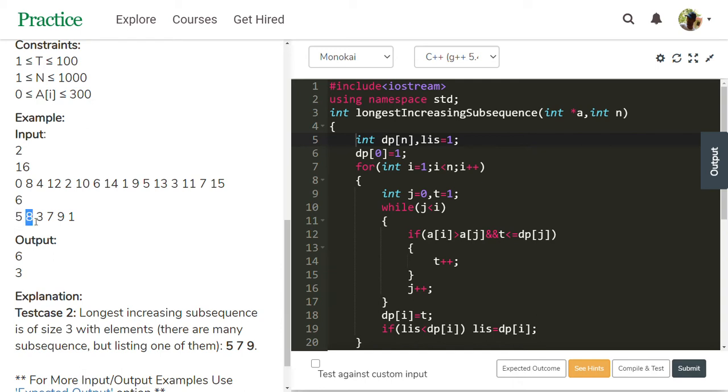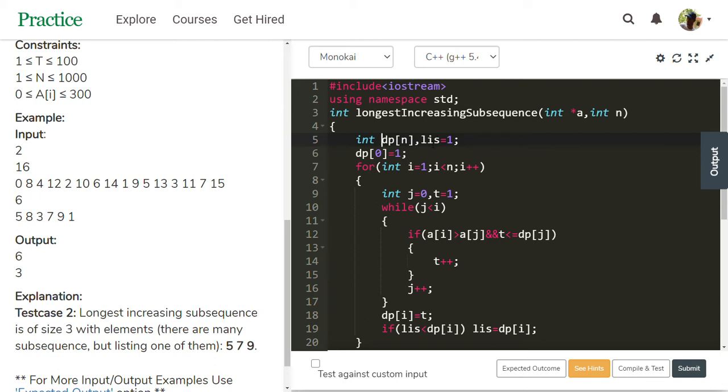For the second element, compared to this, 5 and 8 are both in an increasing sequence, so this stores a value of 2. For the 3, there is no lesser element before 3, so this stores a dp value of 1. This is the dp storing the lengths of the longest increasing subsequence.